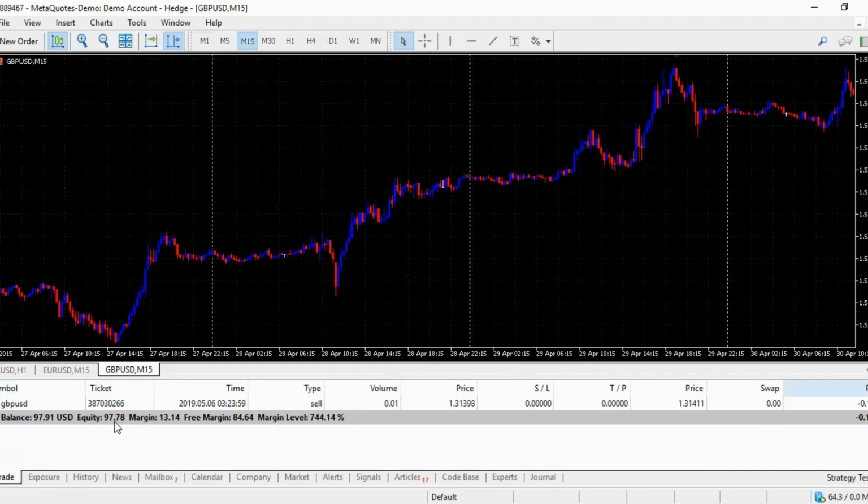You can see the loss reflected in my equity. I'm currently losing 15 cents. So my balance is $97, but my equity is $97 minus, well, 7 cents now, and this is reflected in real time. The equity is reflected in real time, and you can see the equity moving up and down. The balance isn't affected until I close this trade, right? So now let's set a stop loss order. So I'm going to right click,